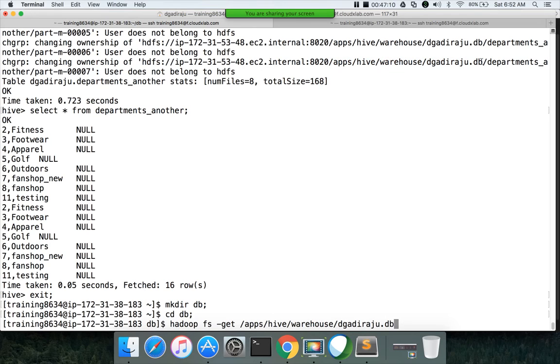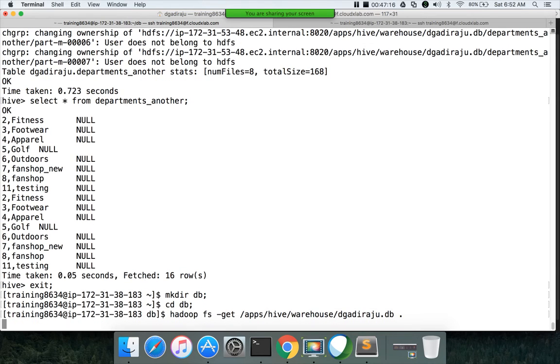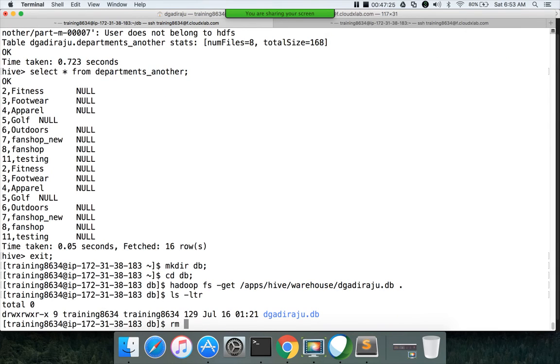So the hadoop fs -get command is to copy data from HDFS into the local location. So it will copy all the, sorry, I should not copy this one. What I have to do is rm -rf.